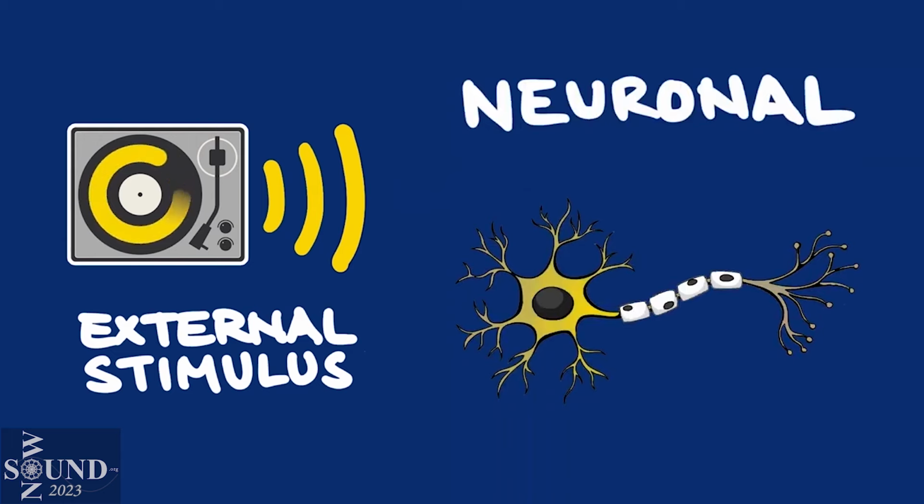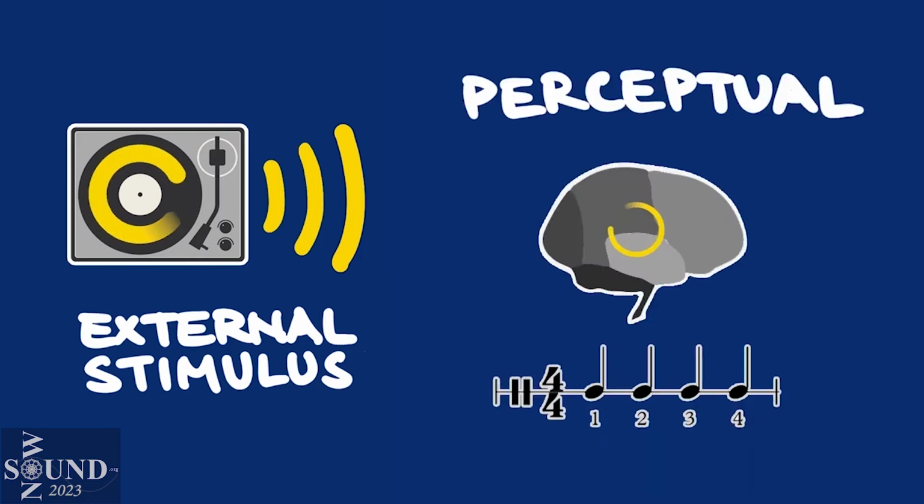Rhythmic entrainment can be broken down into 5 stages. The first, neuronal entrainment, is when internal neuronal firings are driven by and fire in phase with the external signal. This is known as phase locking, and is the foundation for all other levels of entrainment. The second, perceptual entrainment, involves the formation of our internal representations of rhythm and meter. We form a mental representation, a structure that gives us the ability to expect and anticipate future beats.